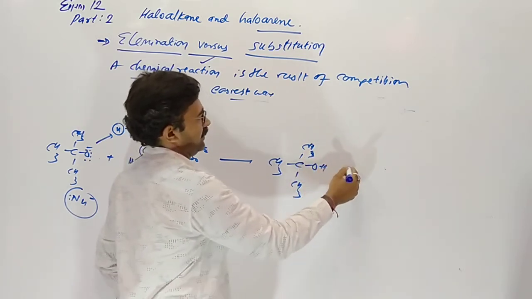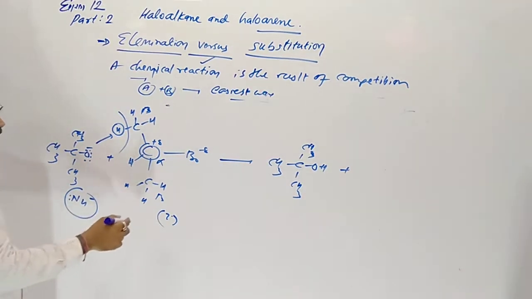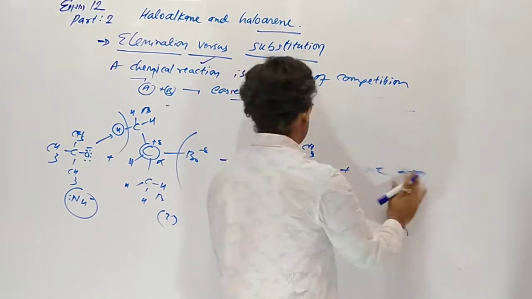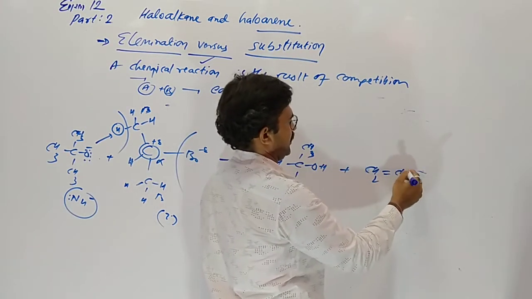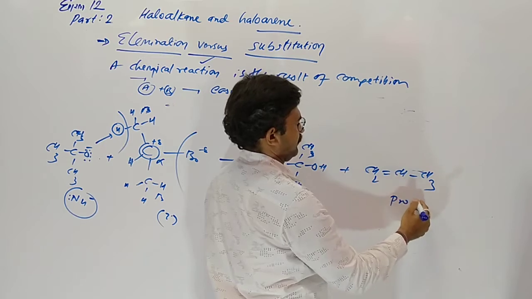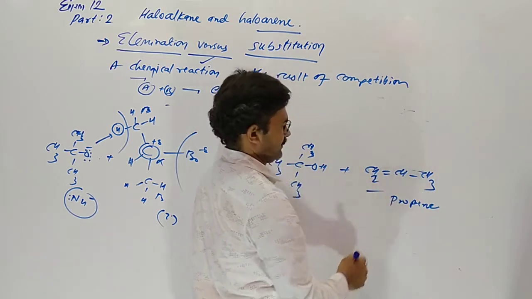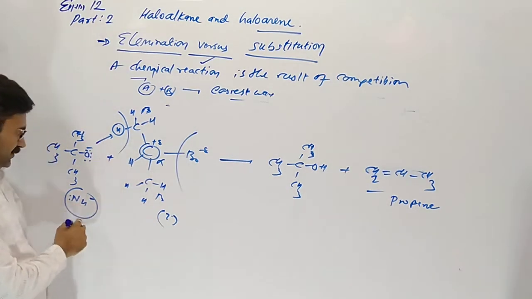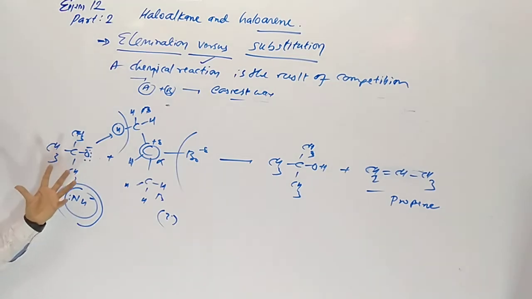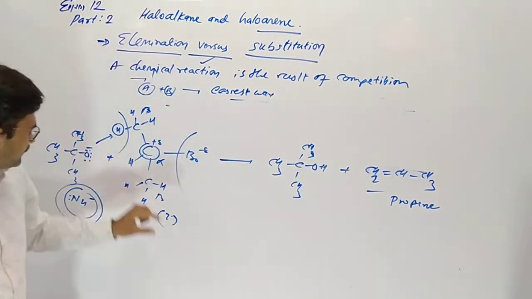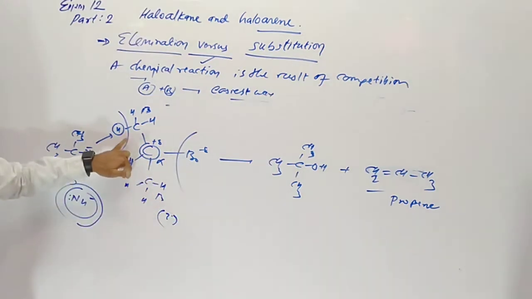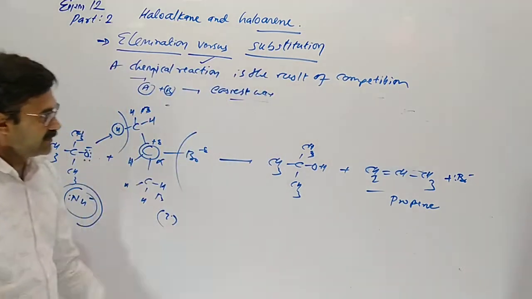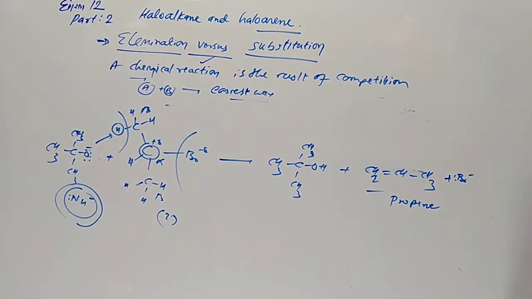and converts into tertiary butyl alcohol. H removes from here, bromine from here, and a double bond occurs. So CH2 double bond C and CH3, propene occurs. You can see in secondary alkyl halide, the nucleophile is a strong base, so elimination occurs. Pi bond occurs, bromine from here and H from here, so it gives elimination, propene.